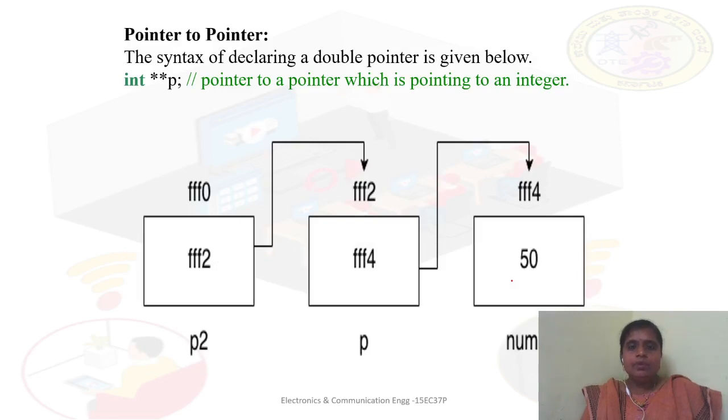Now we have used one more interesting concept in the program, that is pointer to pointer. Whenever I declare a pointer, it is going to point to a memory location, isn't it? That memory location can also be a pointer. Like in the previous example, where it stored the memory location of the integer we declared, in the same way, instead of an integer, it can be a pointer also.